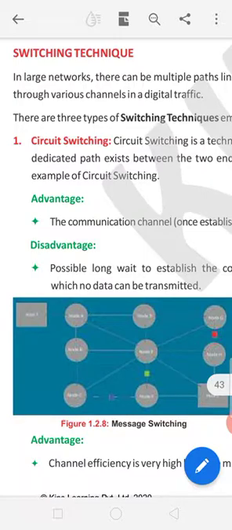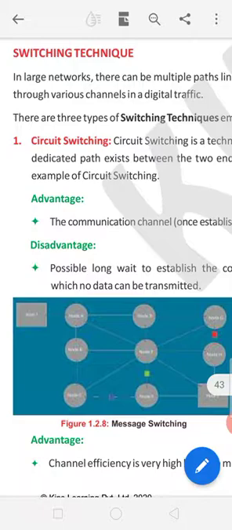We are reading Unit First, Web Application. In this, we are reading Session Second, Networking Fundamentals. In Networking Fundamentals, I already told you about what is a network, types of network, and what is data communication. In today's topic, our first thing is data communication. Data communication is the transfer of data between sender and receiver. This is known as data communication.